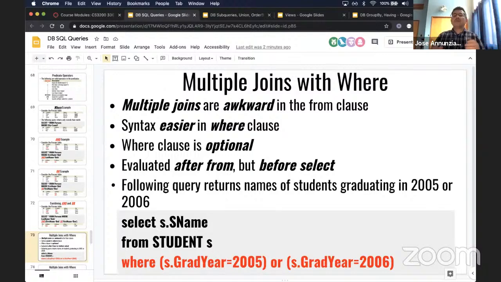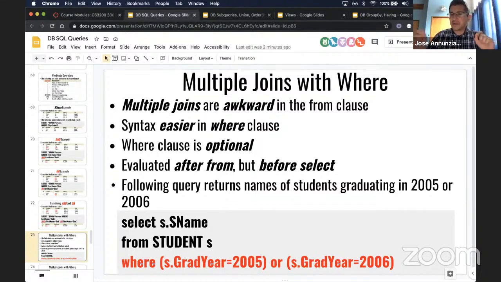Okay, so let's go back to the fact that we wanted to write joins that might be fairly complex, right? That might be joining not just two tables, but 3, 4, 5 tables. So let's talk about how you would do it using the where clause. We already gave you a hint, but we also want to consider that we are going to have the where clause